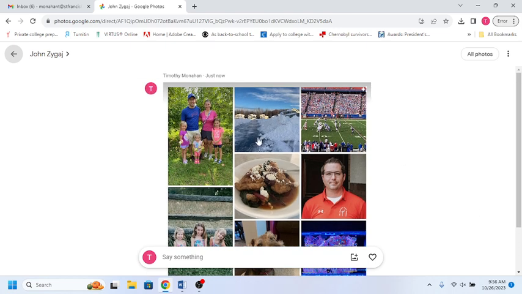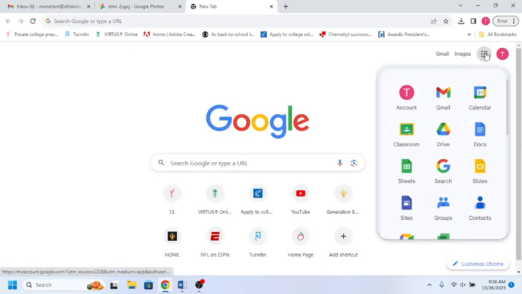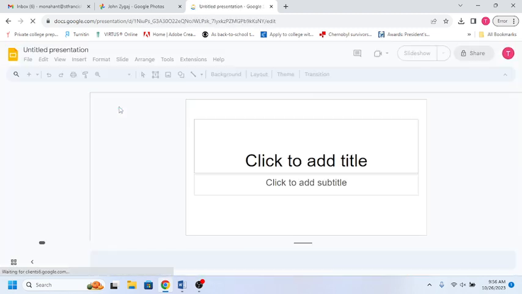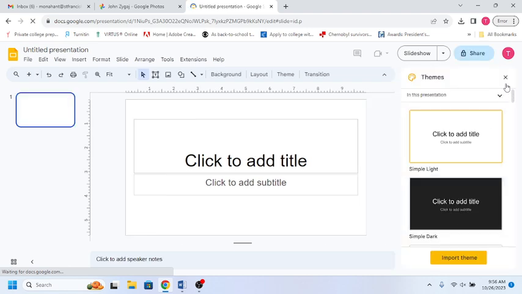If your students want to use Google Slides, it's actually just as easy pretty much as Google Photos. So I'm going to open up a new tab here. And now I'm going to choose Google Slides. I'll make a blank presentation. And the beauty of this is because everything's connected on the Google Suite, and that's why I'm really recommending you guide your students, your mentees, to share their photos using their Google Photos through their school Gmail account,